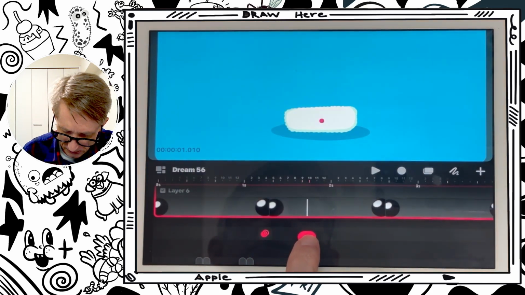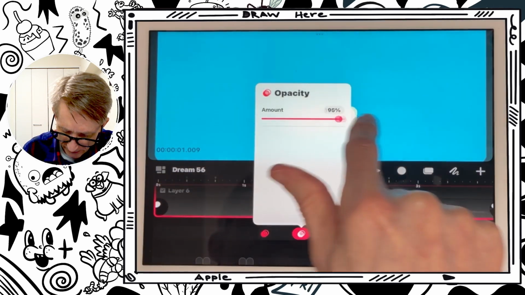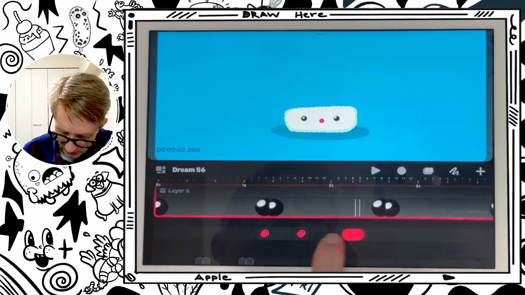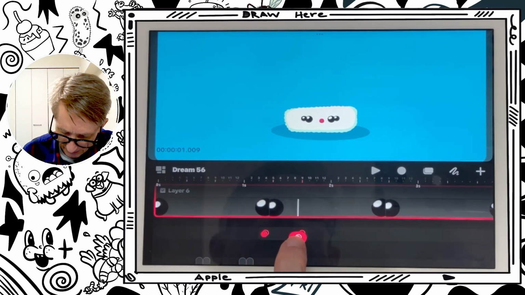And then maybe right here we'll have them come all the way up. So let's see what that looks like. No, I don't like that either. Okay, so maybe right here